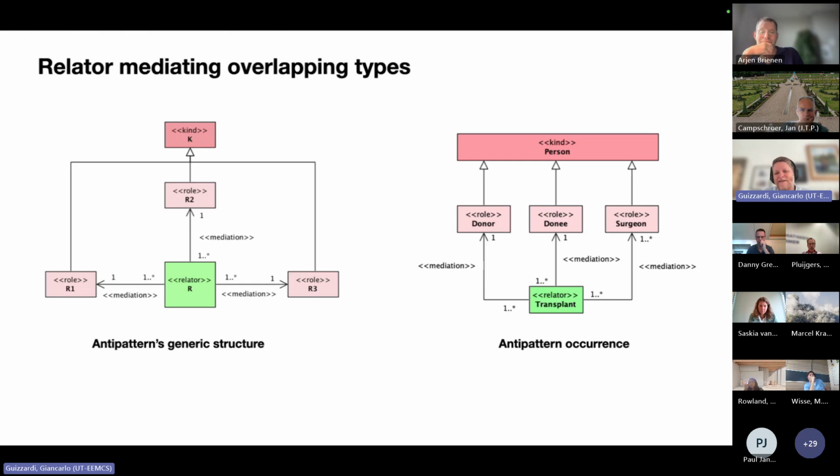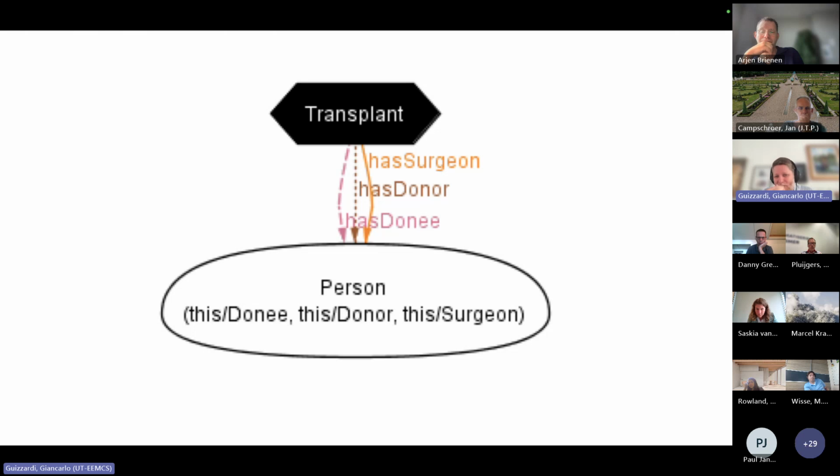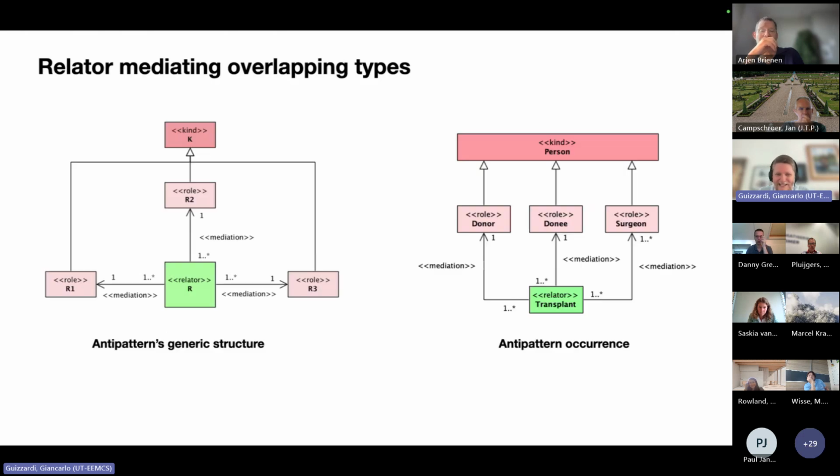A transplant must have a donor, a donee, and at least one surgeon, and these are all people, right? If you simulate this model, this will pop up. So it's you donating an organ to yourself and performing the transplant. People don't see that this is possible. The model is completely fine from a verification point of view, but this is a possible interpretation which is